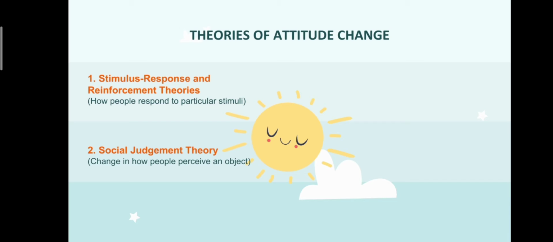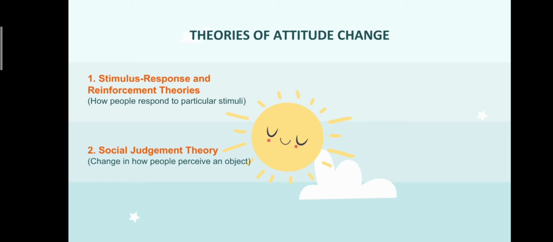This theory considers attitude change as resulting from a change in how people perceive an object rather than a change in belief about the object. The theory holds that we can create a small change in an individual's attitude if we know about the current structure of the person's attitude, and if we make the appeal to change in the least threatening manner.